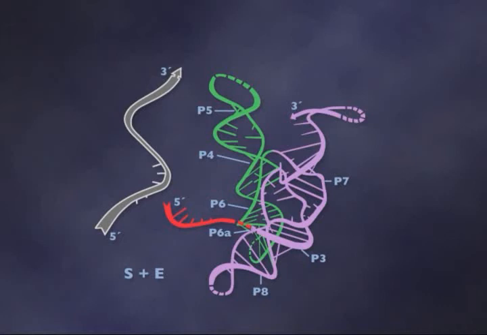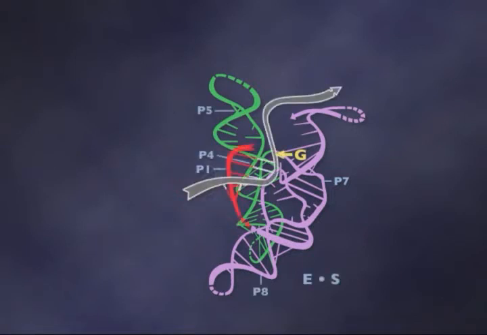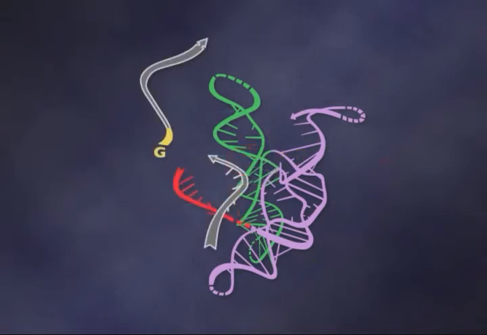by proper collision with the substrate. When they do collide in the right way, they form base pairs, and then this paired region docks into the active site cleft between the two domains. At that point, if guanosine is present, it can attack the substrate strand, cleaving it and becoming attached to it by